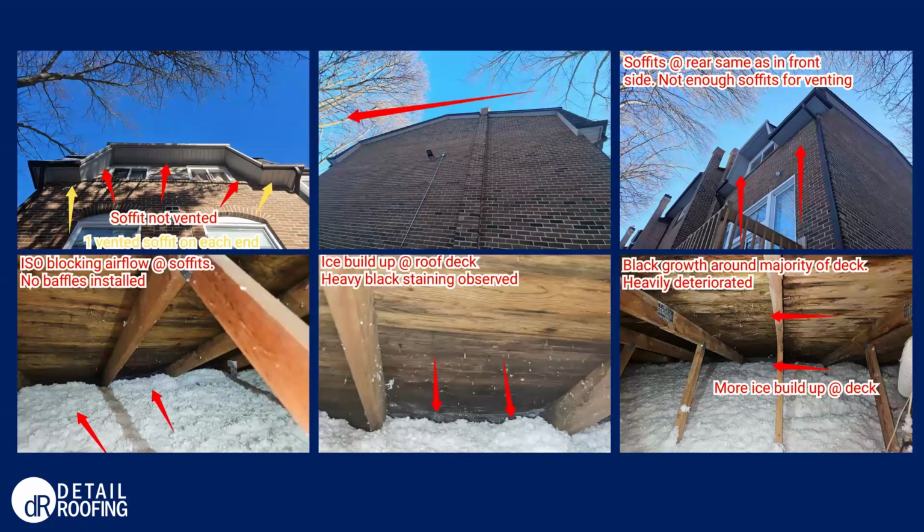So looking at the air intake here, this particular unit is an end unit, so there are soffits on both the front, the back, and the sides. Although if you look quickly, it looks like there are soffit vents installed, this one side doesn't have any actual perforated vents, so there is no air intake happening along here. And along the front and the back, it's not continuous throughout. There are only small sections that have the perforated soffits to allow for air intake.